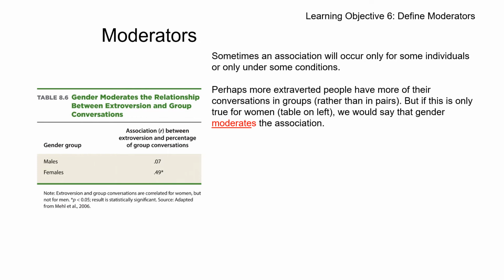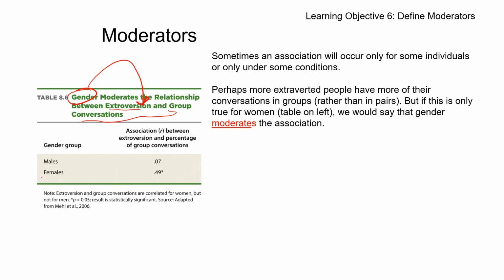So in this case over here, we've got gender moderates the relationship between extroversion and group conversations. So we've got this relationship. The relationship is present between extroversion and group conversations. However, someone tested it and studied and found that gender actually affects this relationship between extroversion and group conversation, such